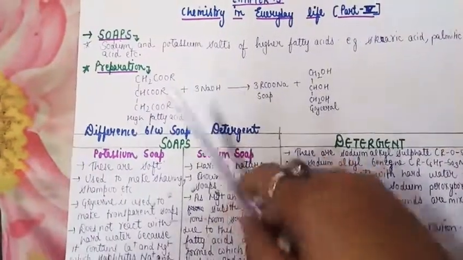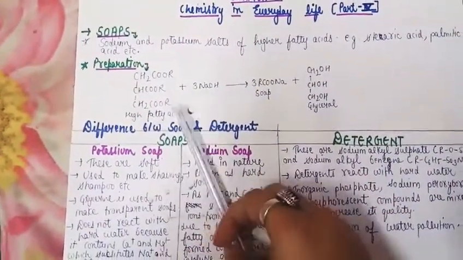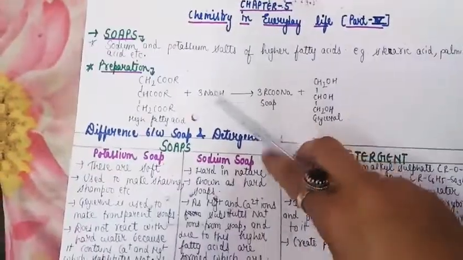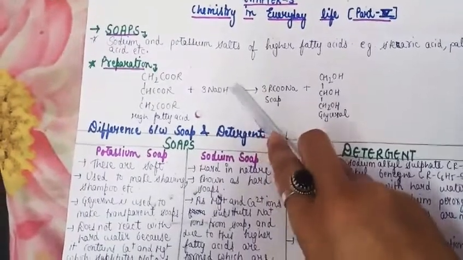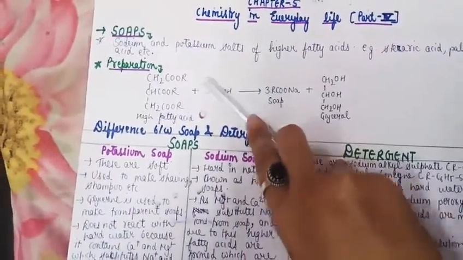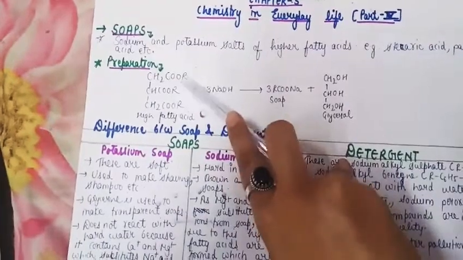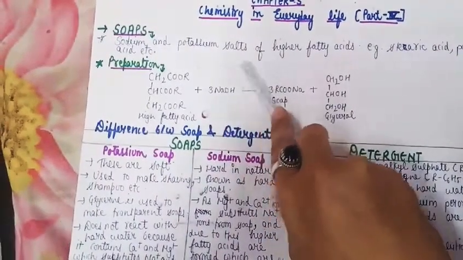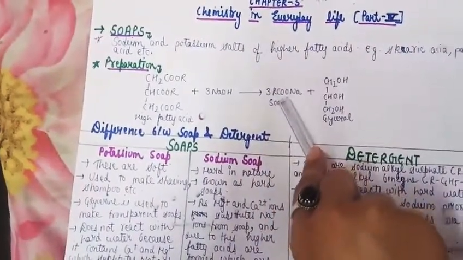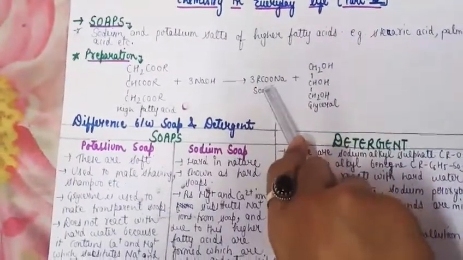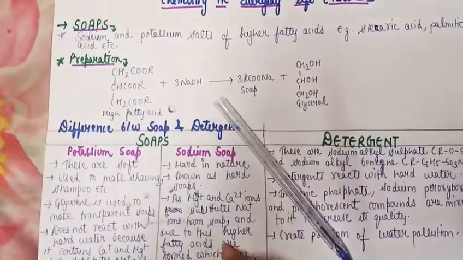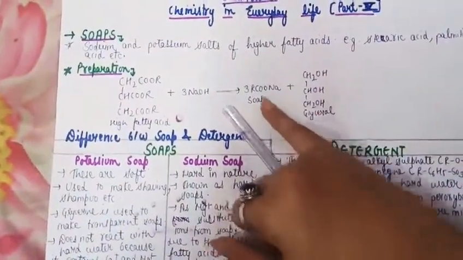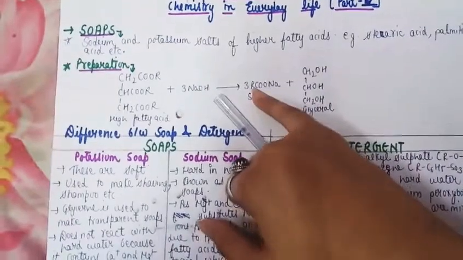So what is happening in this reaction? There are three molecules of NaOH, and the OH substitutes from this and gets attached to this side, and as a result OR displaces this and gets attached to this side. This is the preparation of soaps. Now in soaps, the long chain fatty acids, the number of carbons may vary from carbon 12 to carbon 18.